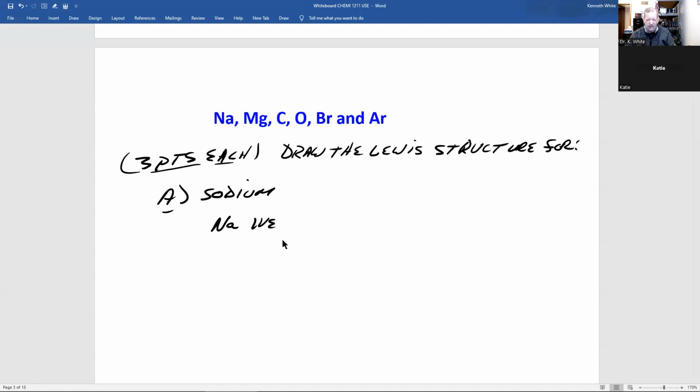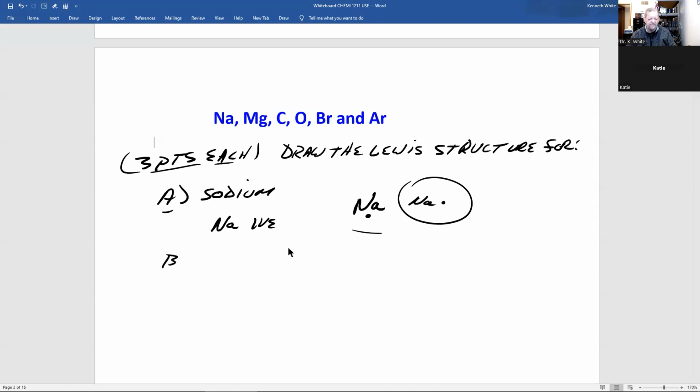And how do you do the Lewis structure? You write the chemical symbol, and on the sides, you put a dot for each valence electron. I could do this, and 2 more I could do. And this would be an answer, so would that. Let's do